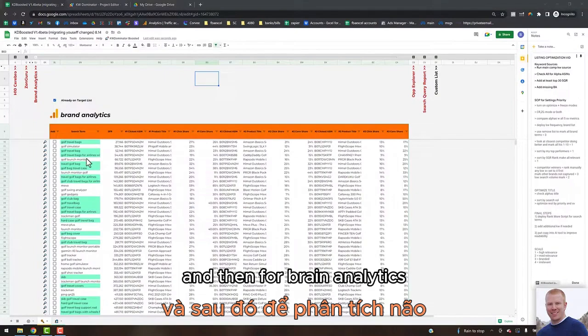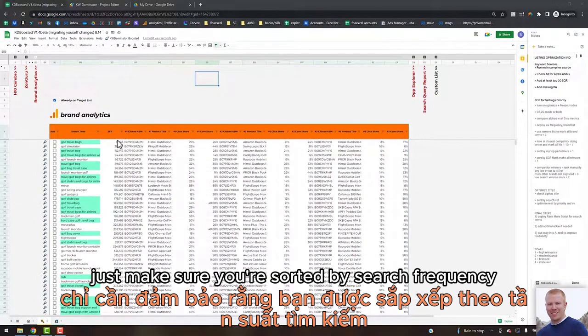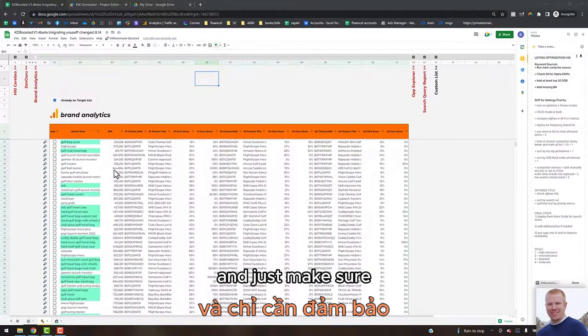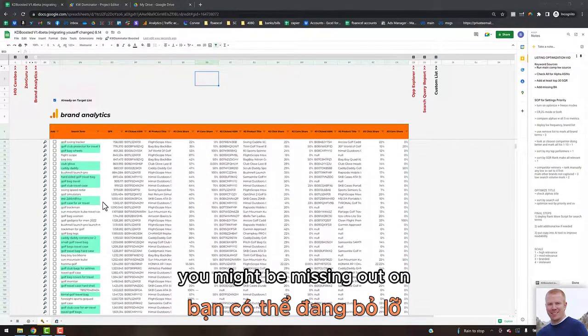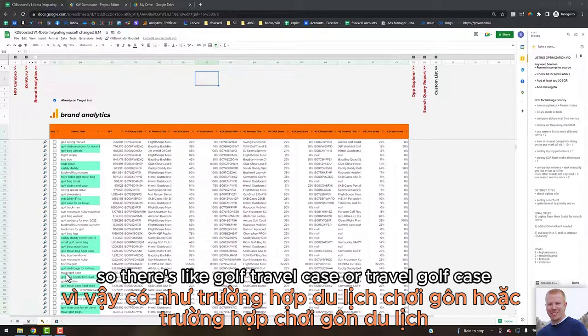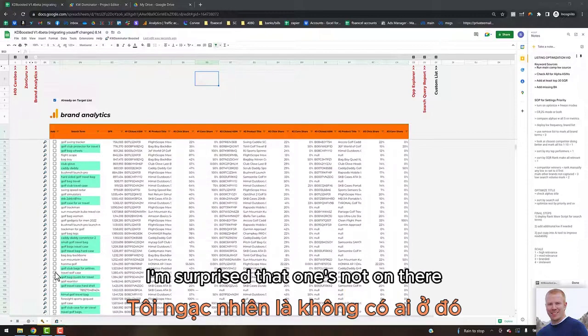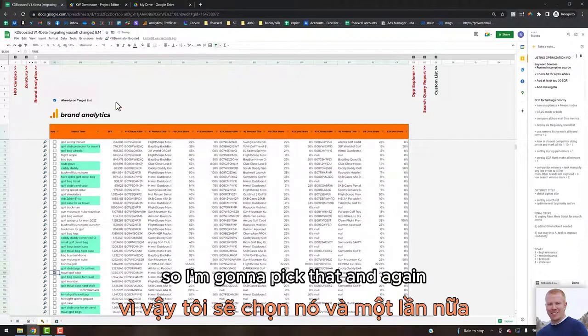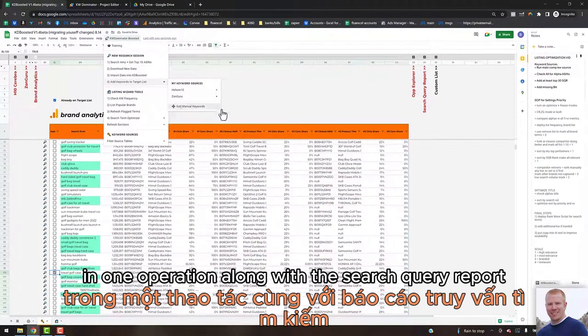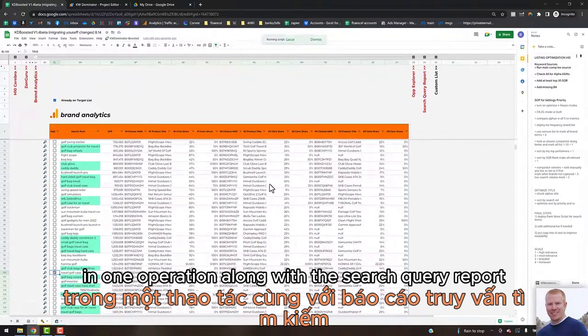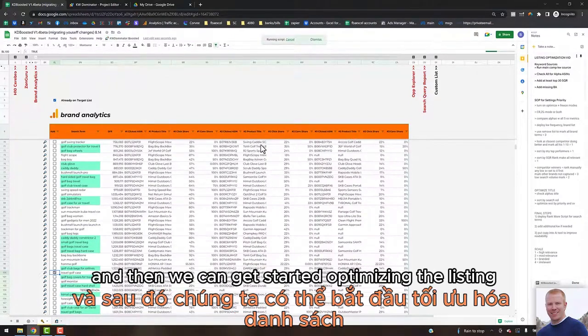All right, and then for brand analytics, just make sure you're sorted by search frequency rank, and then buzz down through real quick and just make sure there's no other really highly relevant words that you might be missing out on. So there's like golf travel case or travel golf case. I'm surprised that one's not on there. So I'm going to pick that, and again, you could have done this all in one operation along with the search query report, but I'm going to go ahead and add that really quick,